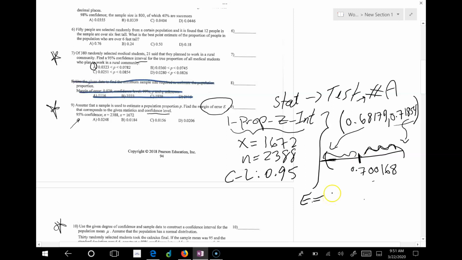E is 0.71854 minus 0.7000168. And if you do the subtraction, you'll get